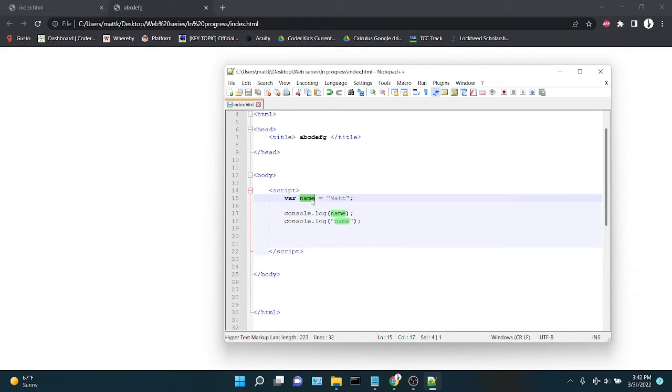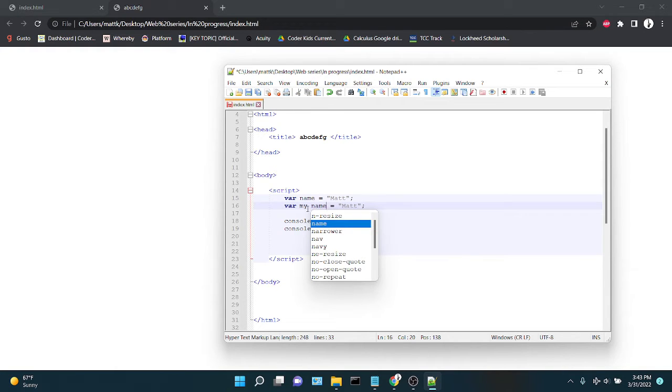And of course, this name for my variable can be something totally different. It could be var a is equal to Matt. I could do var capital A underscore B underscore C. You can basically make a variable name anything you want as long as you don't have numbers for the first digit, and as long as you don't have spaces like my space name. That wouldn't be correct, but you can do my underscore name 1 like that. So those are some rules for making variables,